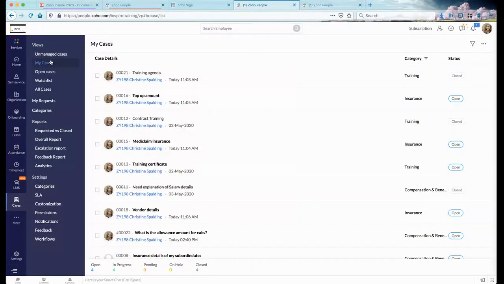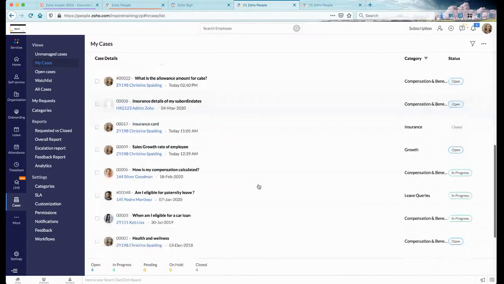And My Cases is a default tab where the cases that are allocated to a particular user, that means a particular agent, all the cases will get listed here. At a glimpse of this particular page, at the bottom, you will be able to see the number of open cases, number in progress, and what is the count pending. For this user, there is no pending or on hold. Only 4 cases open and 4 in progress and 4 closed. So you can traverse across and see